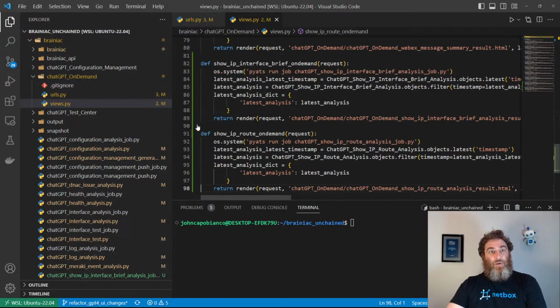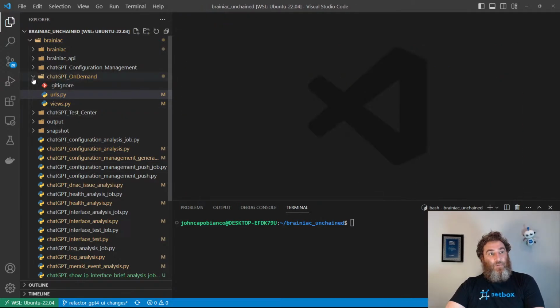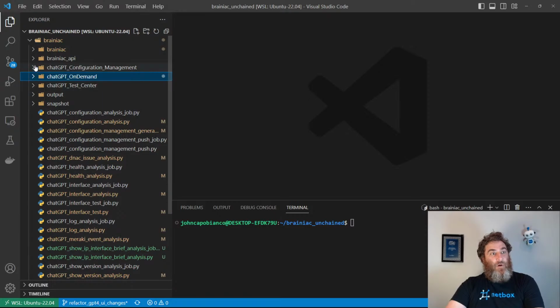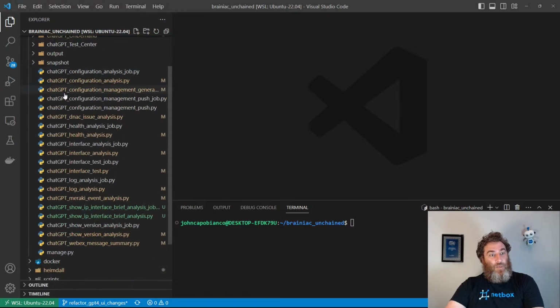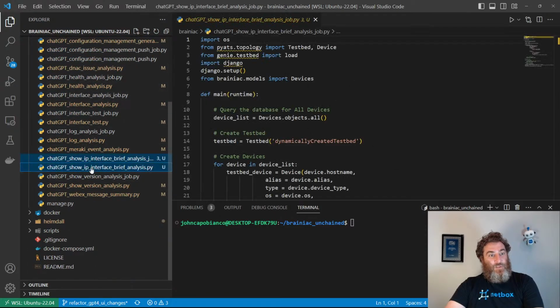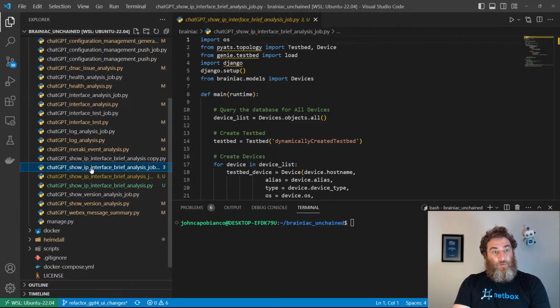I think that all looks good. Close that, close that. Now what do I have left to do? The Python, obviously the Python. So we're gonna grab the last one we just did, show IP interface brief, and we're gonna copy both of those files, our job file,